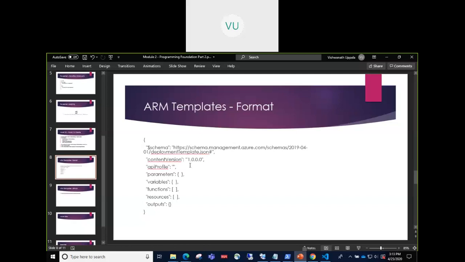So what you need to understand, as a developer or as an administrator, is mostly the ARM templates and PowerShell. Even if you're a developer, most of the times you will not deal with those REST APIs. You'll deal with Azure SDKs or PowerShell only to deploy your resources. But as an administrator or as a DevOps person, you would deal with these ARM templates and PowerShell.